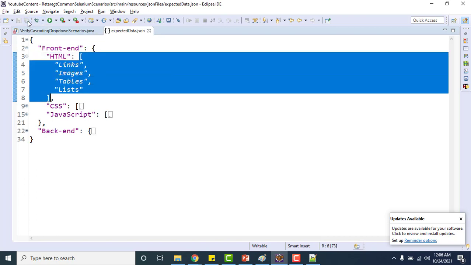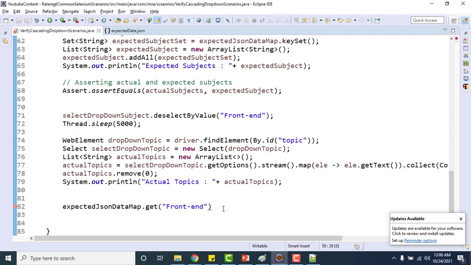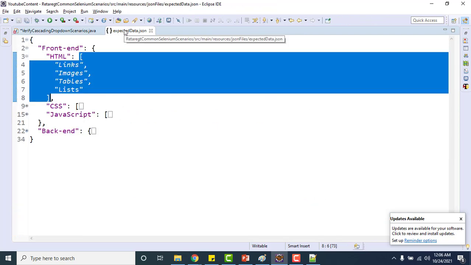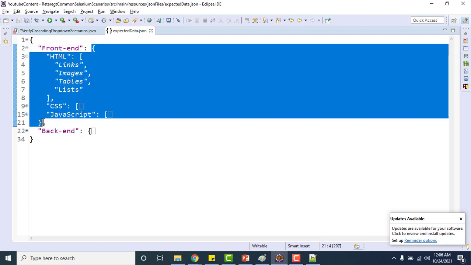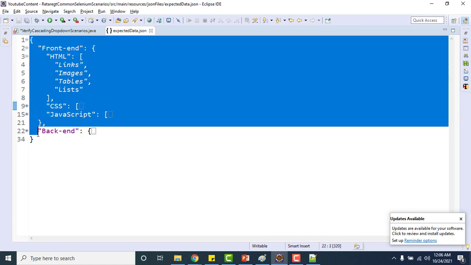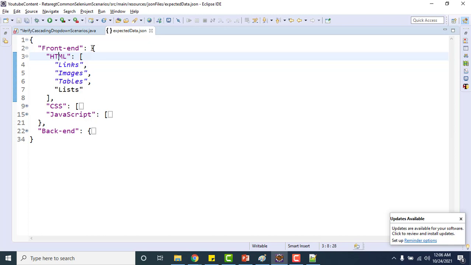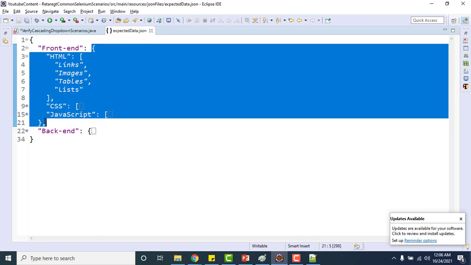So what I can do is cast it. It will return me an object, like the front end value. Now I can cast it to a map. Why? Because again it is holding a JSON object. If you forget about everything, just consider this much: this is again one JSON object, and a JSON object can be converted to a map.